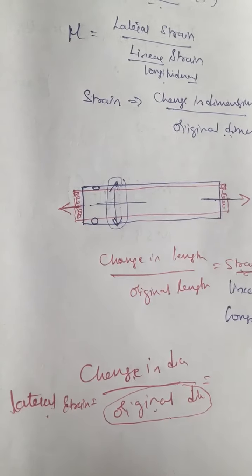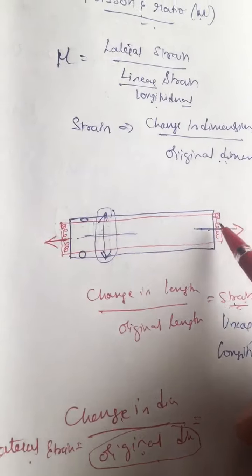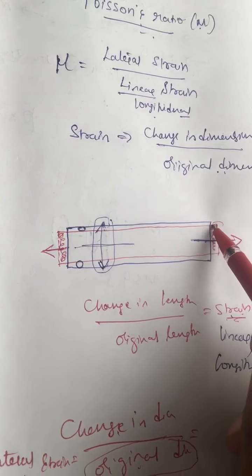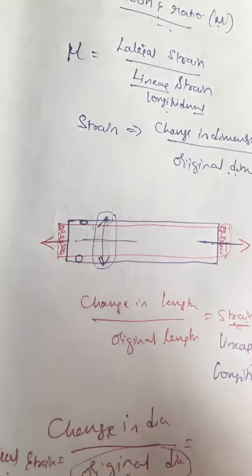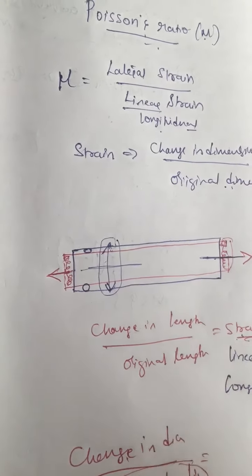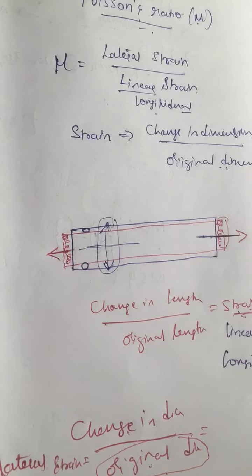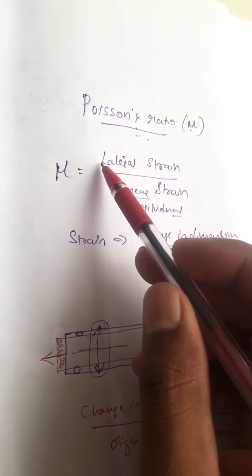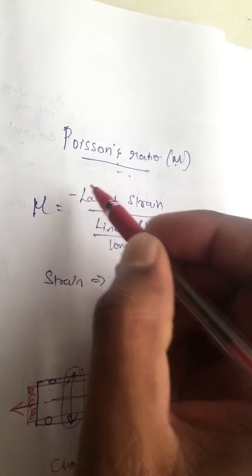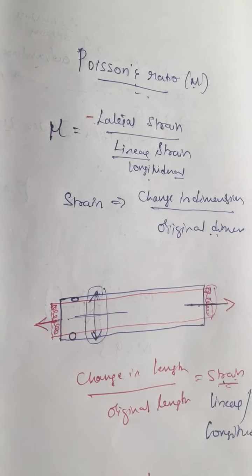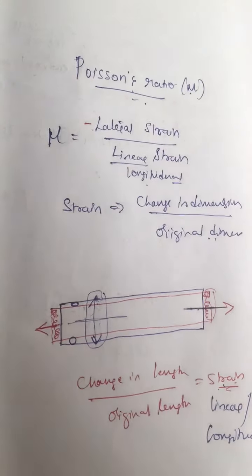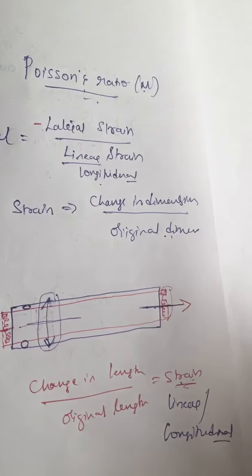One more thing you need to look into here: when you are applying tensile load, the length is going to increase. At the same time, the diameter is going to reduce. That's why many times we define it as minus lateral strain by linear strain. Sir, does that hold good in all the cases? Yes. If you look into the same bar